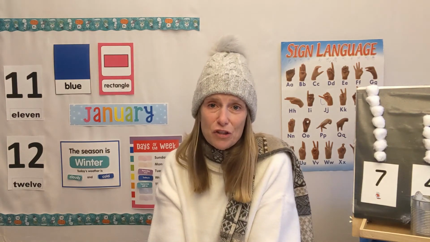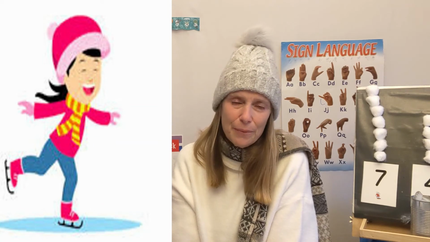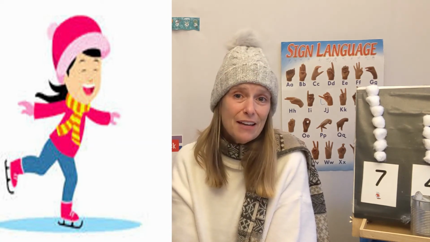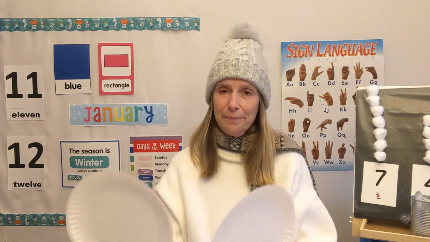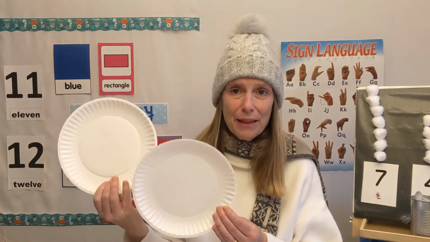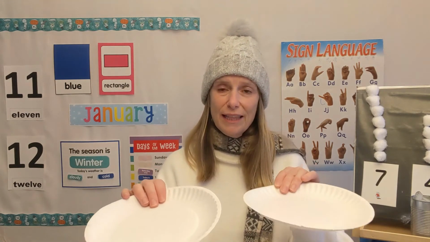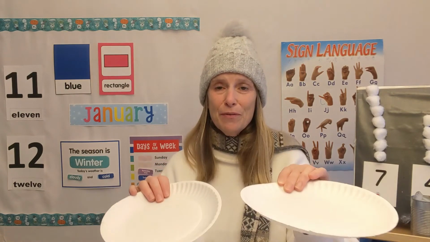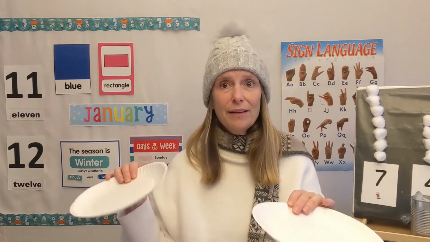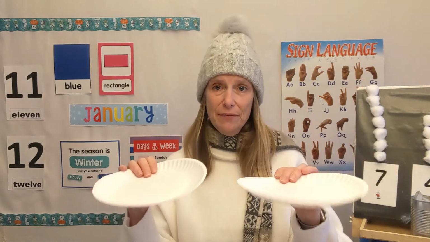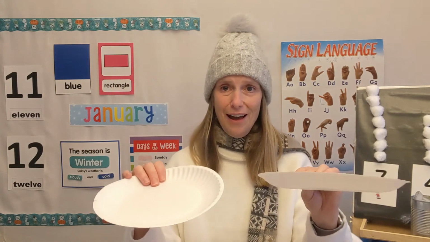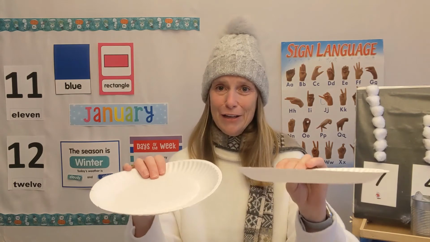Let's take a look at this picture. Take a look at that. Ice skates have blades on the bottom. Well, you don't want that on your floor, do you? No, those wouldn't be safe. So instead of using ice skates like that, you can use ice skates that look like this. I have paper plates. You can put them on the floor, put one foot on top of each one, and try to glide along. See if you can move them. Now, if you pick up your foot to walk, you'll leave the paper plate behind. So you have to leave your feet on the floor and you have to slide. That's how you can ice skate in your house.